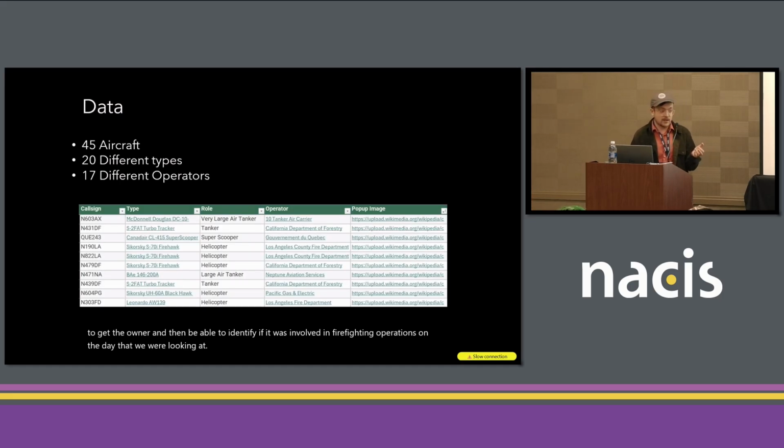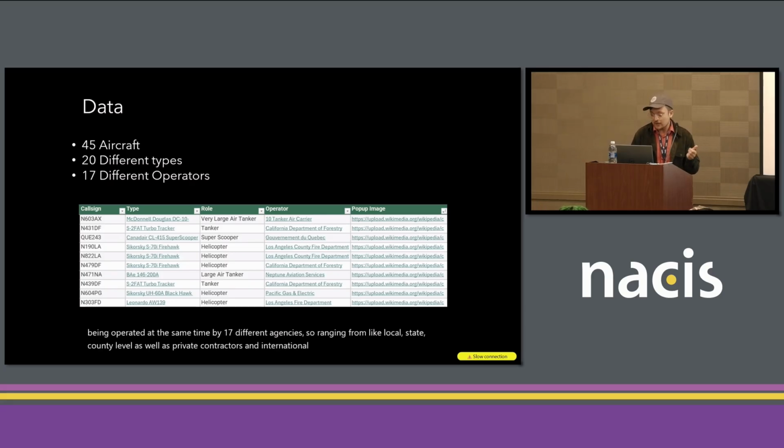Ultimately from that, we came up with a list of 45 aircraft that were working on January 9th, 2025, which was the first day of the full-scale aerial response in the Palisades. So this represented 20 different types of aircraft working, being operated at the same time by 17 different agencies, ranging from local, state, county level, as well as private contractors and international groups like